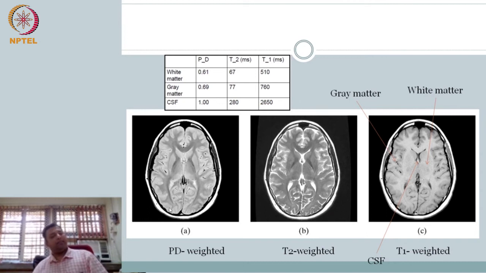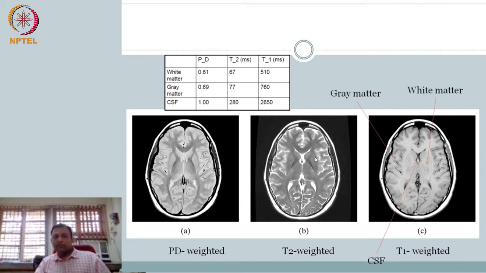Notice qualitatively these images look different, right? So for example, here you see this hourglass shape, right? You see gray, white, black in between, whereas here you actually do not see that, you just see the CSF, right, as a dark patch. That's all you see here. And here it is in between. So it depends on what you want to see. The doctors are trained to see, and if this is for normal, if you have abnormal tumor growth, that tissue may have a different T1, T2, PD property, and therefore that may start to show up. Okay, this is what is used.